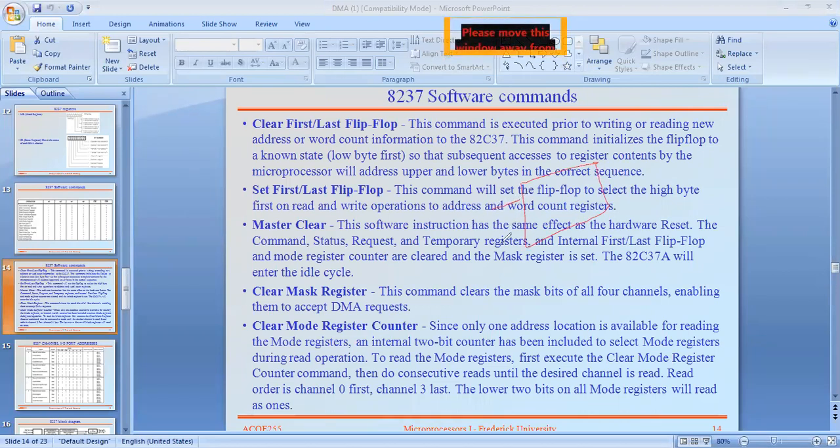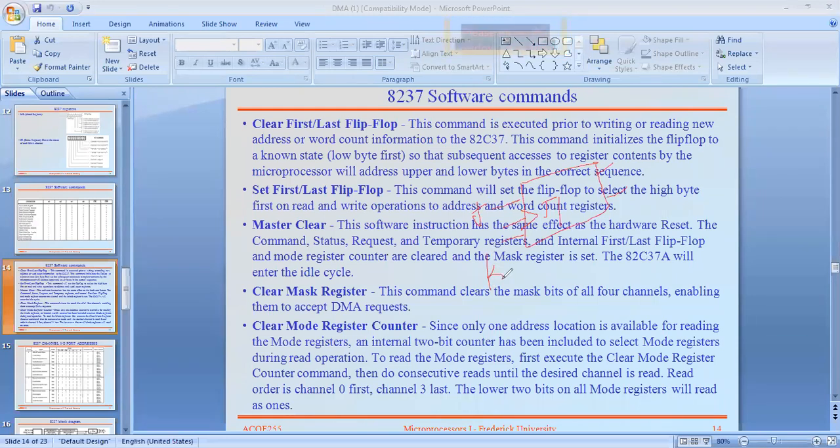This is the J input, this is the K input, this is the clock, this is Q, and this is Q bar. This is the general JK flip flop.